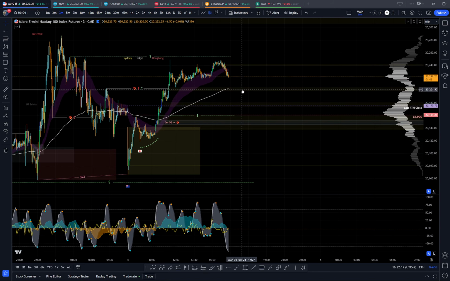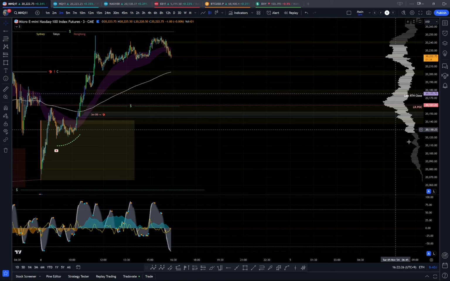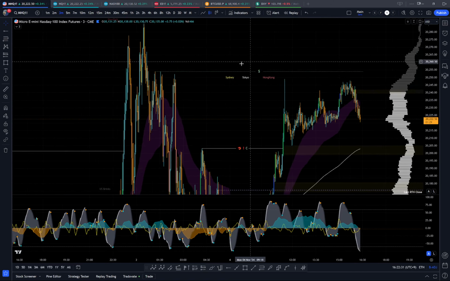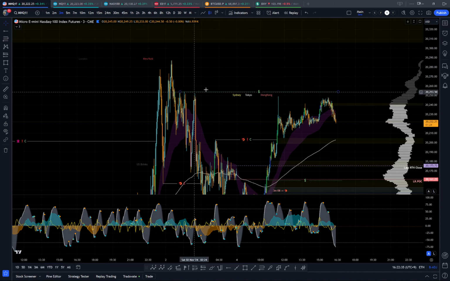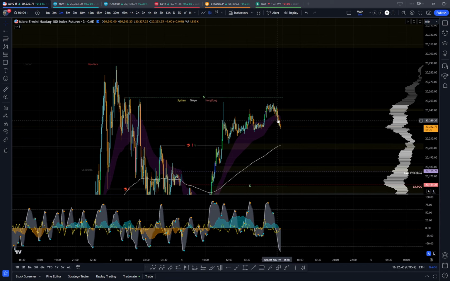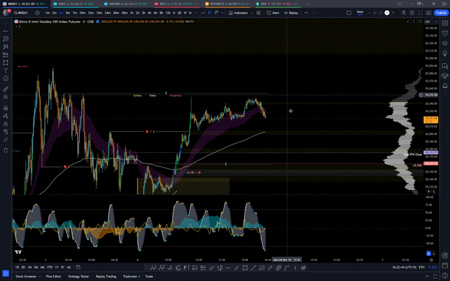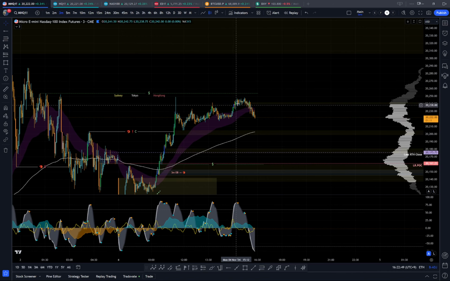Yeah. Coming into the UK session, which is opening in about 45 minutes. What do we have on the NQ? We have a stack of liquidity here, which to me seems like something they could swing fail more so than taking it as a break of structure. If we came up in here, squeezed here and made some bearish structure, I would take a little short into structure depending on what we do coming up to it. We're at the Tokyo close, or we just had it.